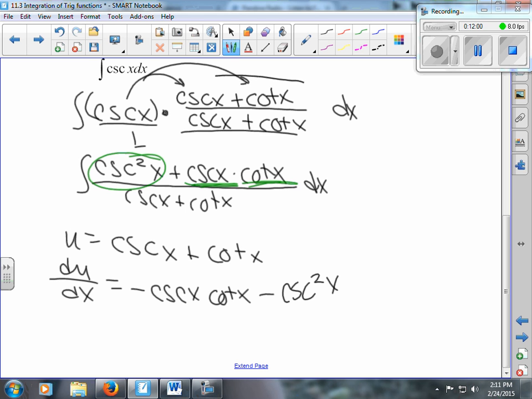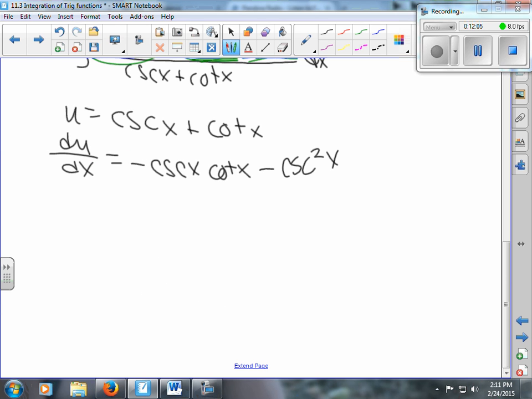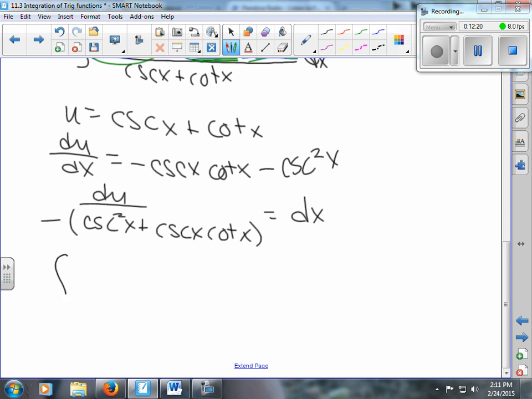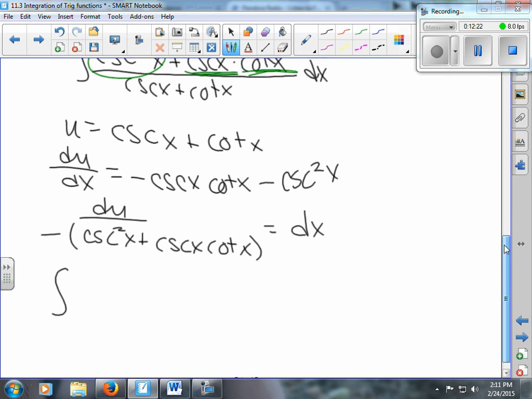No. See how my crafty form of 1 just worked out perfectly? Okay, so then when I solve for dx, I'm going to factor out that negative, and I'm going to rearrange. So that's cosecant squared x plus cosecant x cotangent x. That's what equals dx. And so my integral rewrites to